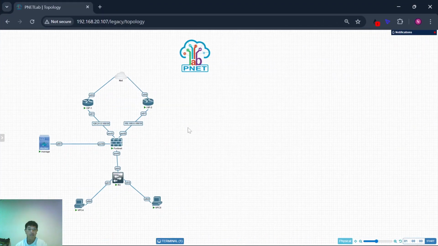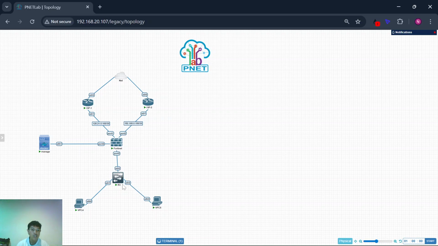Before, I created a video about Cisco SD-WAN, and now I'm creating a video about SD-WAN but with another device. So right now I'm using Fortinet for SD-WAN here, and this is for the router. I'm using a Cisco device, and this is the switch.